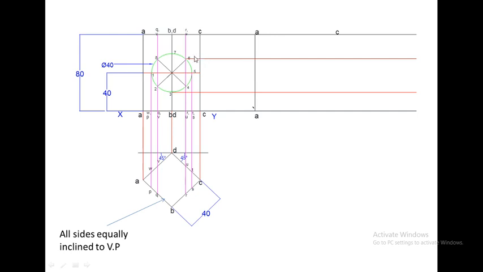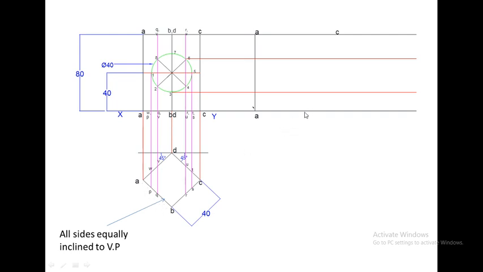Students, you can see that here two extra red lines, line number 1 and line number 2 have been drawn. As of now, you don't have to draw this. You can draw this afterwards. For now, you draw only the vertical edge A and A. The next vertical edge will be B.